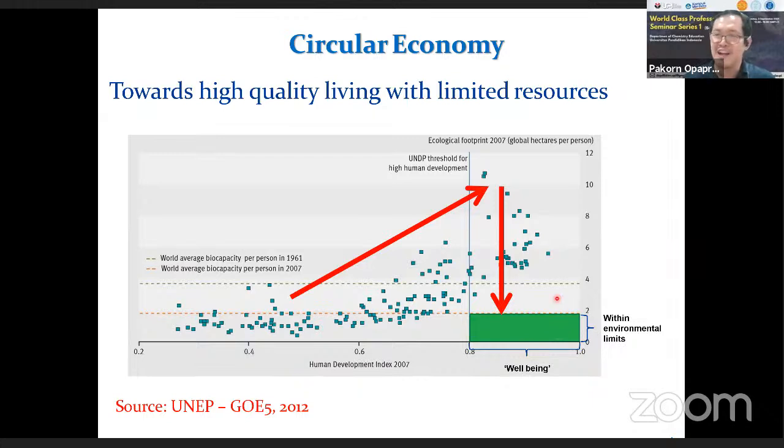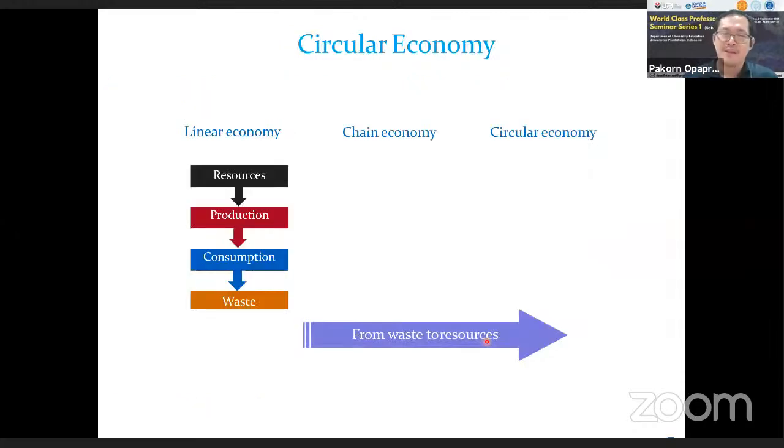But it is very challenging. You can see some countries use more than 10. To get this lower than 2 is maybe a very, very challenging task. So what can be the problem? The problem is that in the past, we lived in what we call a linear economy. What does it mean? We use resources from the earth, and then we use the resources to produce